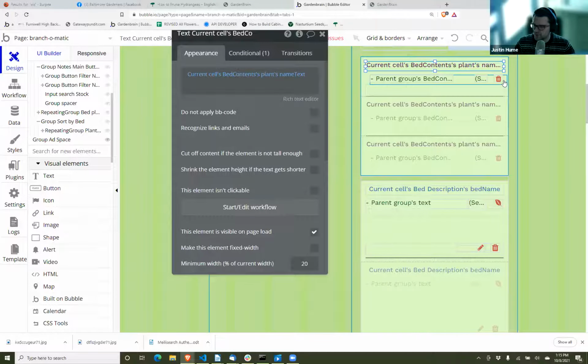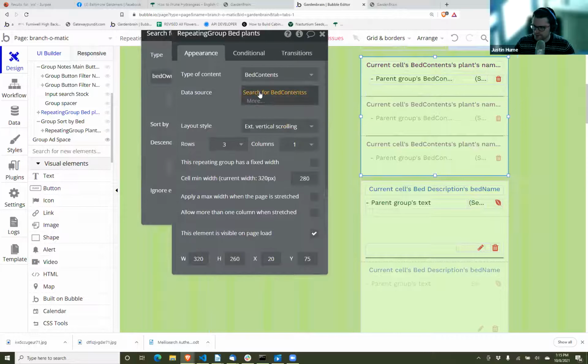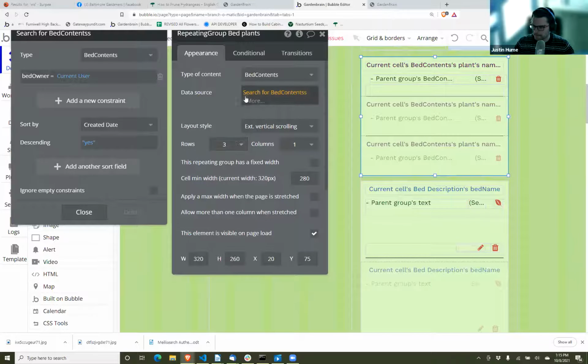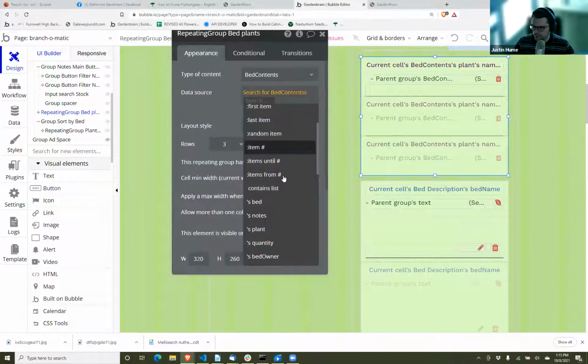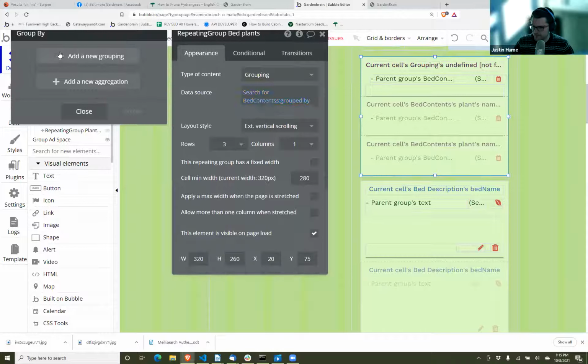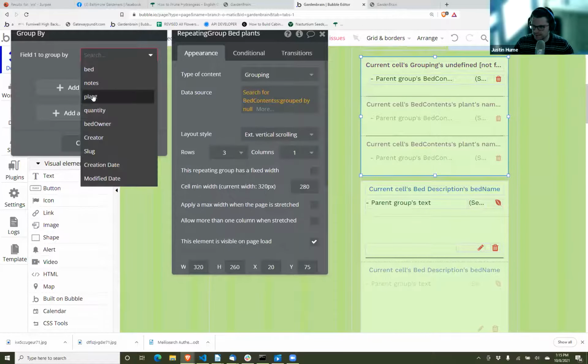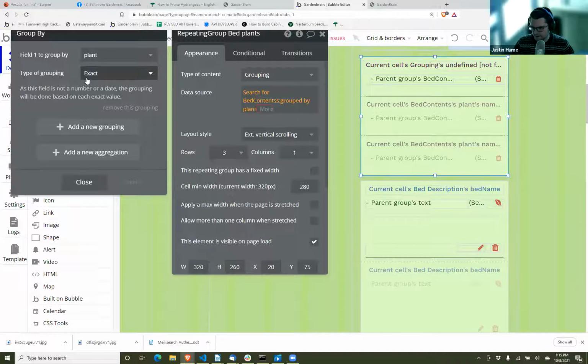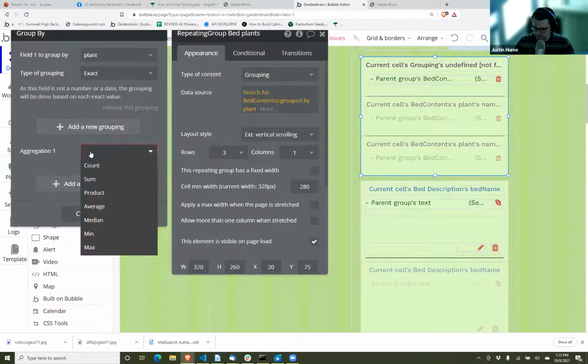But I can show you if you go back to the data source for the repeating group and you go search for bed contents, and you click on the more and you click group by, and then you add a new grouping. You want to group them by plant and then exact groupings. And then you would add the data that you want to show. So the aggregation is usually for charts and tables more than anything. So in this case, you're trying to show underneath each bed contents, you're trying to show